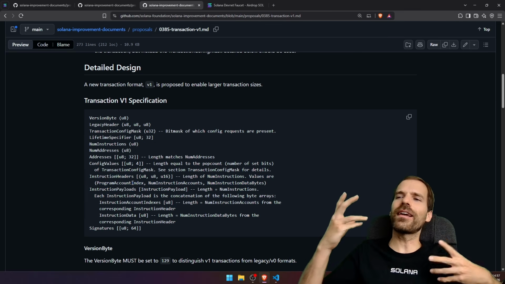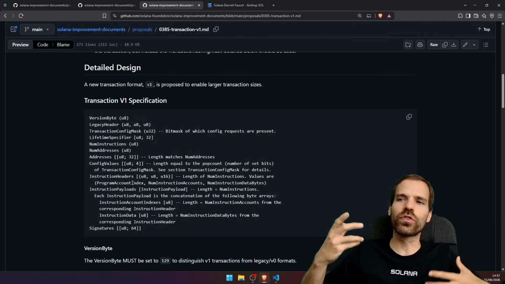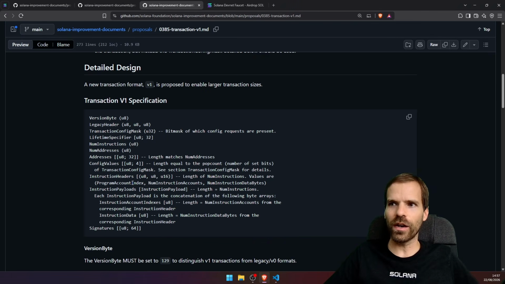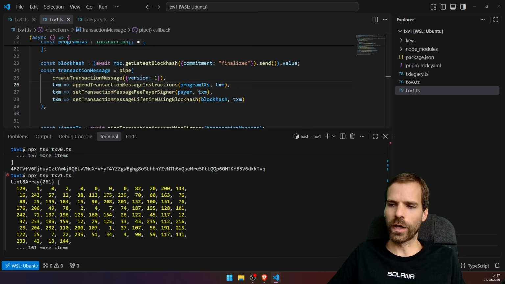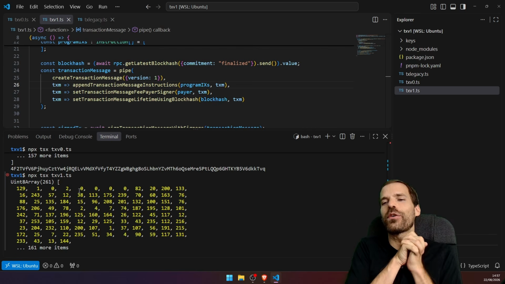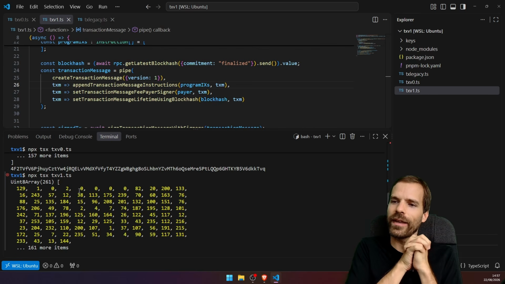Doesn't matter. I mean, there is no best solution to anything anyway. It's always trade-offs. We keep talking about that. And that's apparently a trade-off that they accepted, that they now need to parse more to get to the actual signatures. Okay, cool. Now, we see so many bytes here, and I kind of want to look at that, but